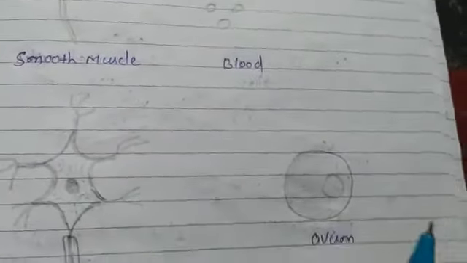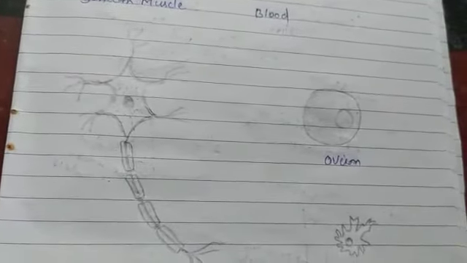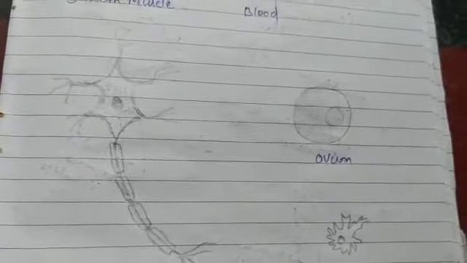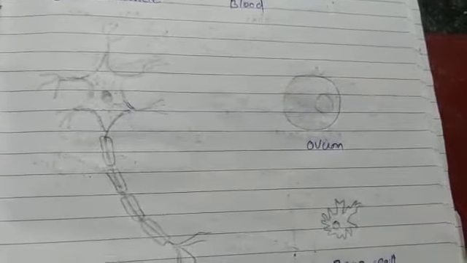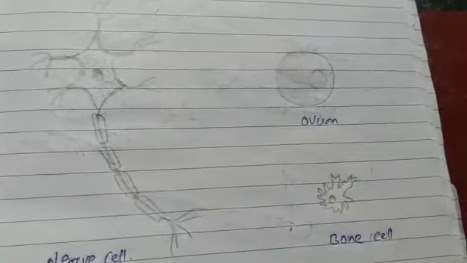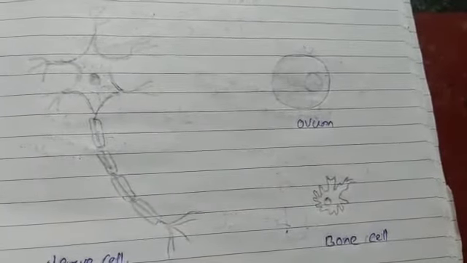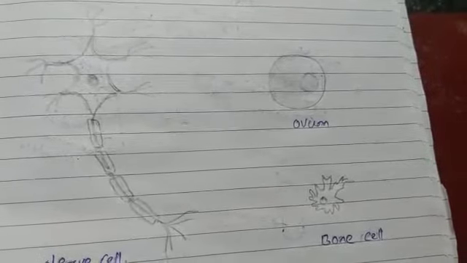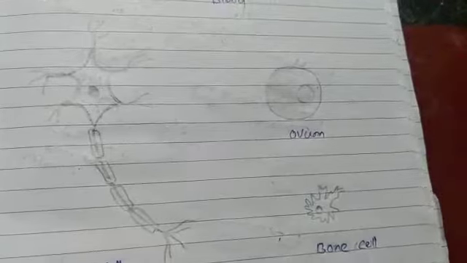Some cells can change their shape. For example, amoeba can change its shape, and some have a particular fixed type of shape. For example, the nerve cell or the blood cell are very peculiar types of cell. Nerve cell has a very typical shape. So some can change shape, and some have a unique fixed shape. Each living cell has the capacity to perform certain basic functions that are the characteristics of living form.